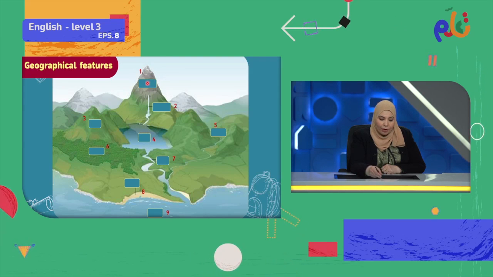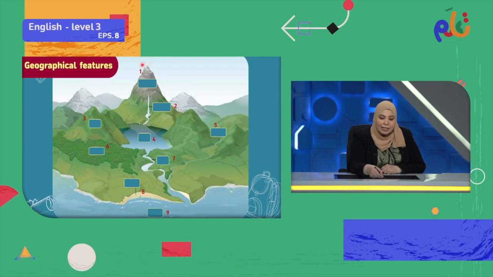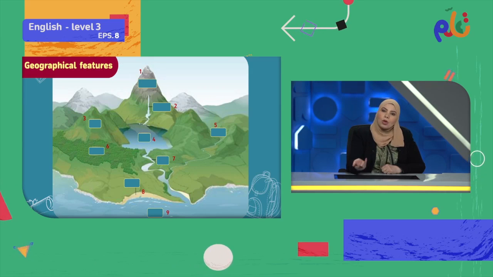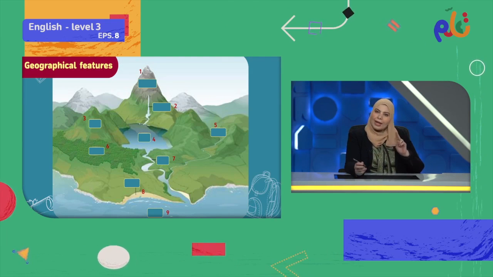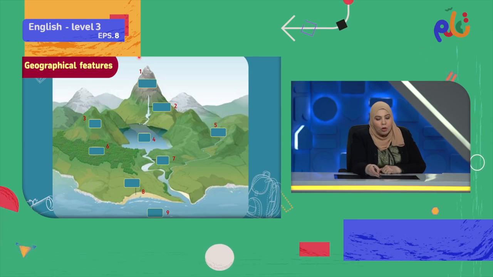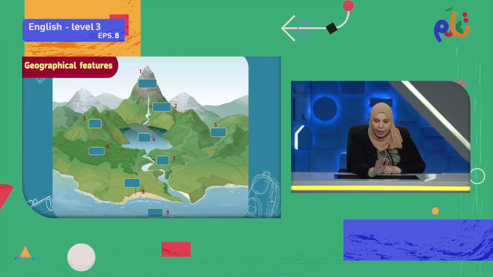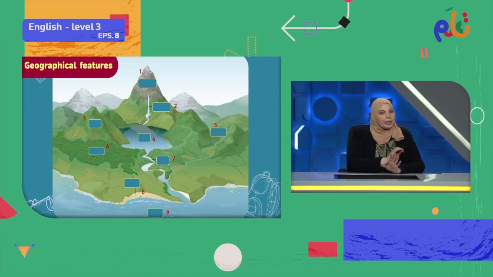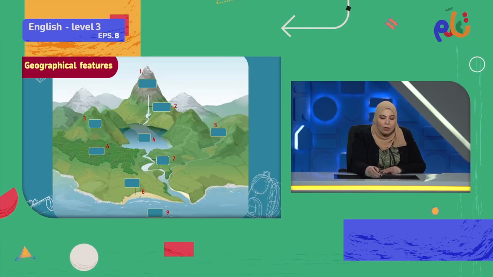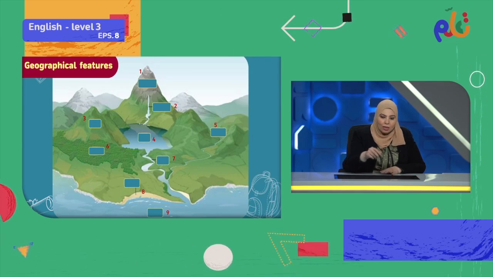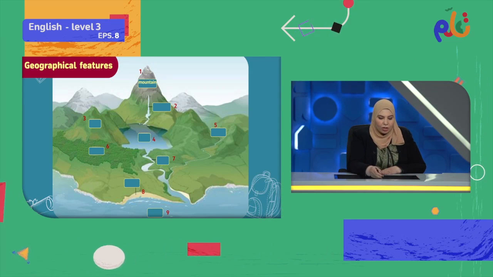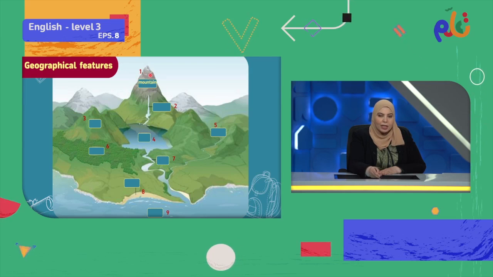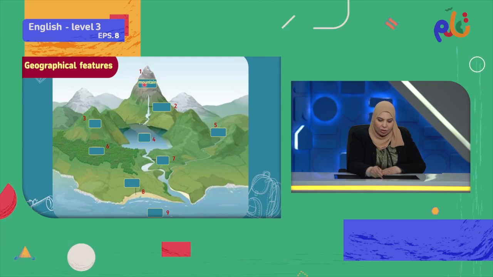We're looking at this part. Okay, so this part of a map, what do we call it? A very high area. So we can have two different words. If we're looking at the top area only, we're talking about peak. But now I'm not talking about the top area, I'm talking about the whole thing. The whole thing is called a mountain. A mountain. So number 1 here is called a mountain.